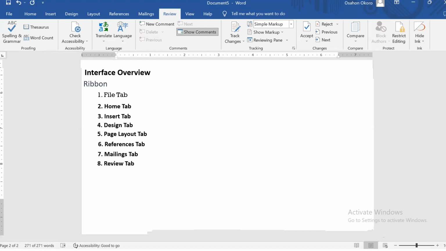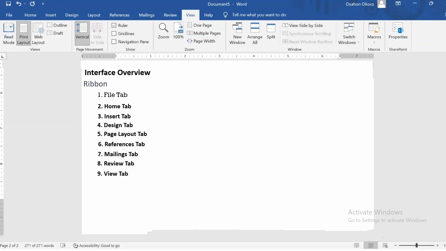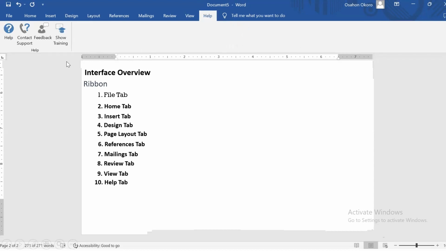Now, the next tab is the view tab, which controls how the document is displayed on the screen, whether it's on the read mode or the print mode. As it is now, it's presently on the print mode. In the read mode, it occupies the entire screen, and you are just swiping to read it. Or there is the web layout, no matter the way you prefer it. Then you have your ruler and your grid, or how it is shown, which is also there. So the most important thing at the end of the day is that the review tab deals with proofreading, reviewing, and collaborating